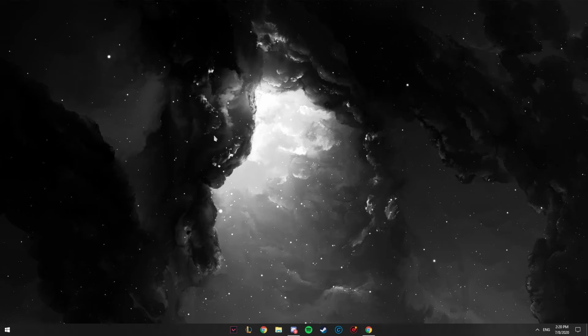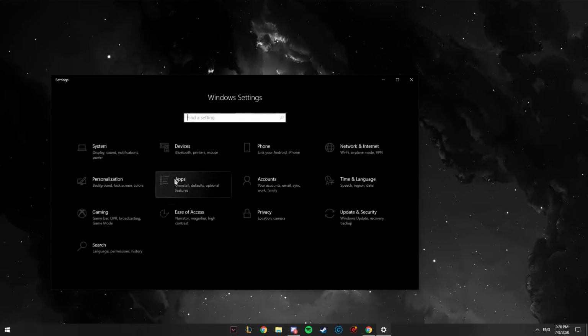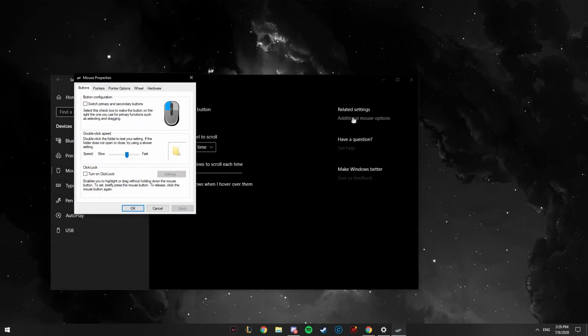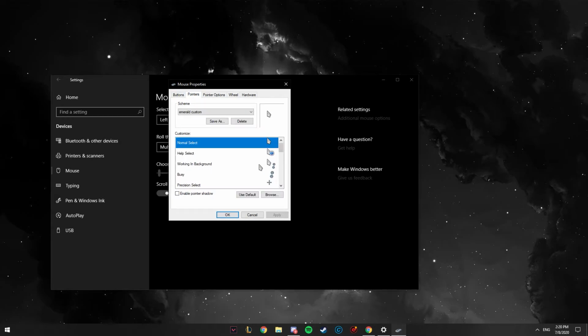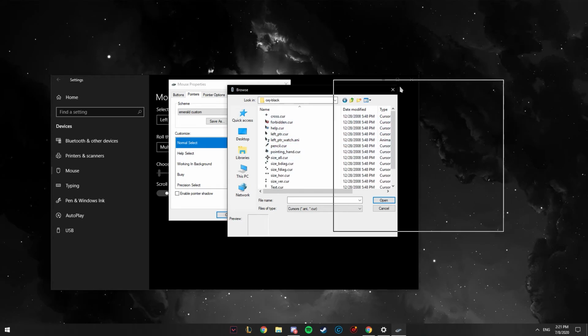So once you pasted it in, you're gonna go to your settings, devices, mouse, and then additional mouse settings, and then you're gonna go to pointers, and this is where you can actually pick your cursor. So you're gonna scroll down for each one of these and you're gonna double click them, and it will bring you to the cursor file, and you're basically just gonna pick the one you like and you're going to match